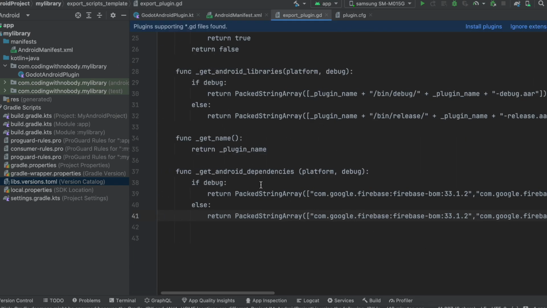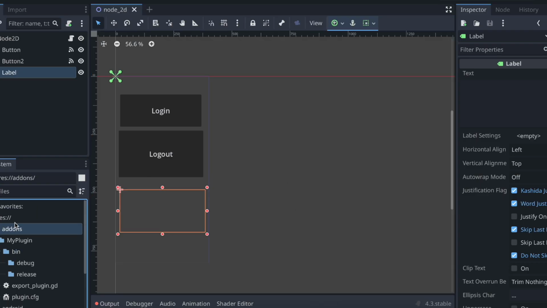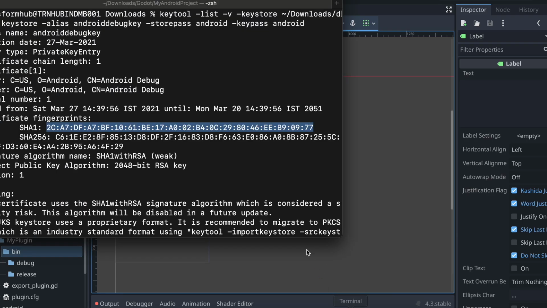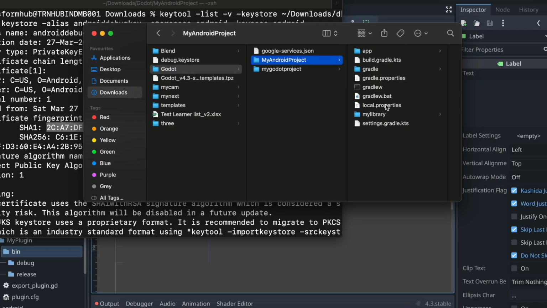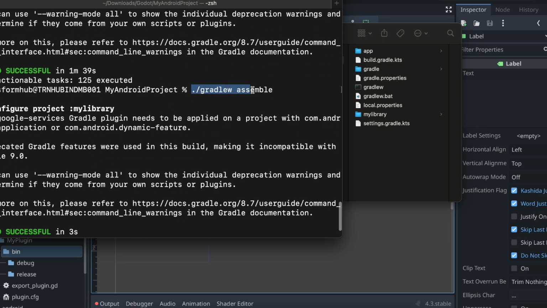So this part is also done. Then go to Godot, create a folder called addons. Inside that, create a folder with your plugin name. Then inside that, create a folder called bin, and inside bin create two folders, debug and release. Then you will also have to open your terminal, then cd to the Android project. So this is my Android project, right? Cd to the Android project, not to this Android library. You will have to cd to your Android project, and then you will have to run this particular command, ./gradlew